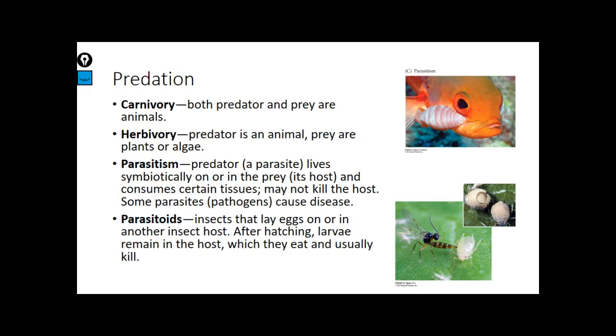Okay. Parasitoids, if you're not familiar, are super weird. Okay. And probably the nastiest of the entire bunch, if you want my personal opinion. Okay. Parasitoids are almost exclusively insects. Okay, so in this case, instead of consuming tissue themselves, what they do is lay eggs inside their host, oftentimes, but not exclusively, other insects.